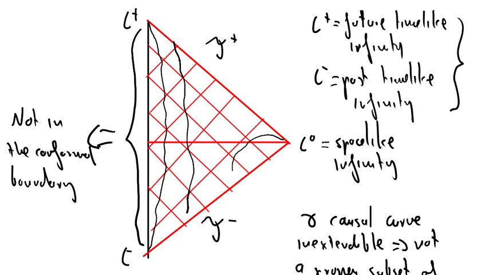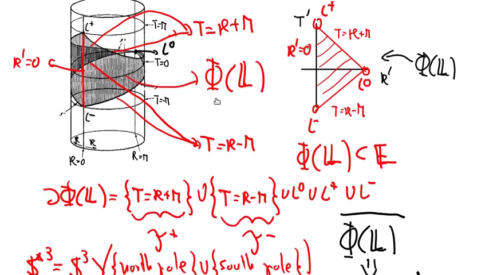And the question here might be, why are you taking these points as separate points? Why don't you include I plus or I minus as part of the null conformal boundary? Maybe if we go back to the 3D representation,